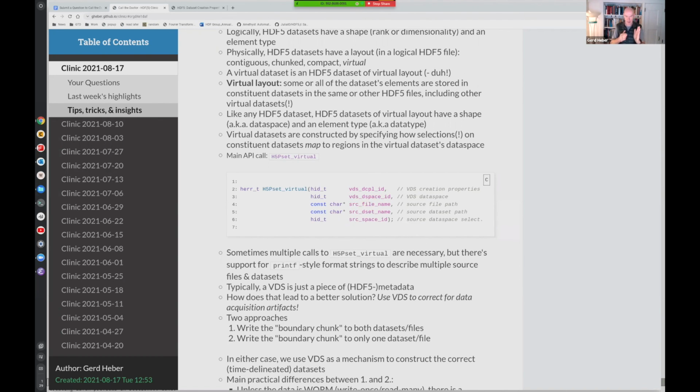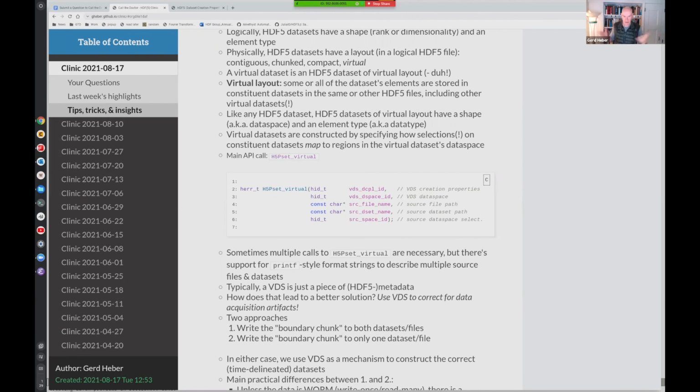By calling H5Pset_virtual repeatedly, you are saying, okay, here's a piece that maps there in my virtual data space, here's a piece from another data set that maps over there, and you just piece it together. Once you're done, you create that data set, and you have a data set that you can access, read, and write from.